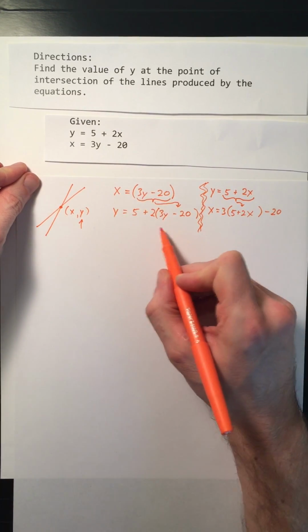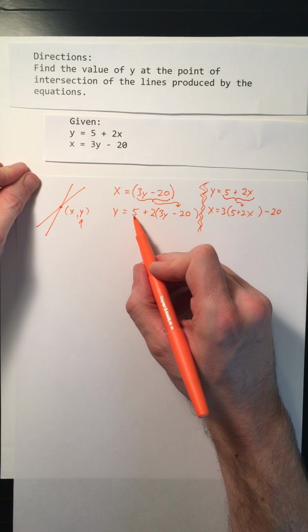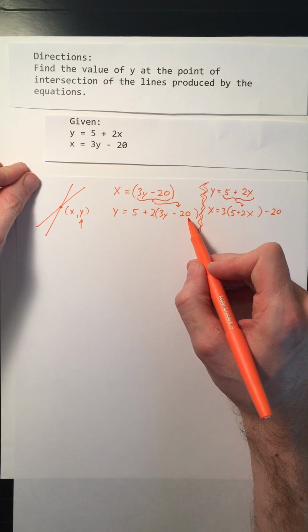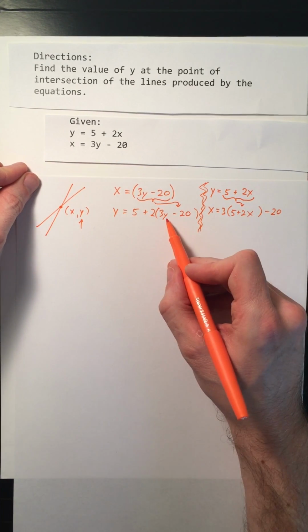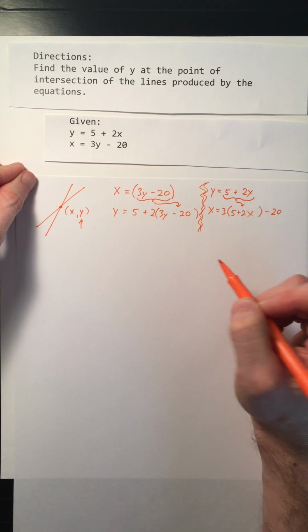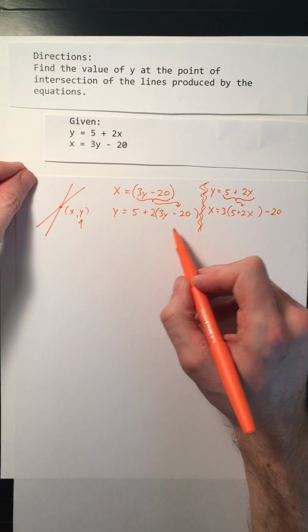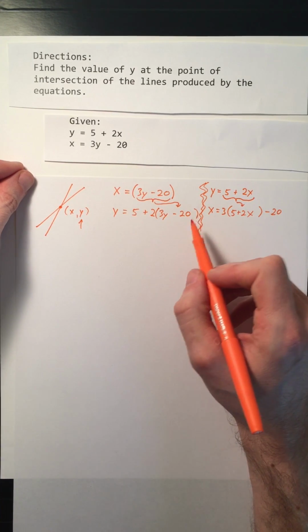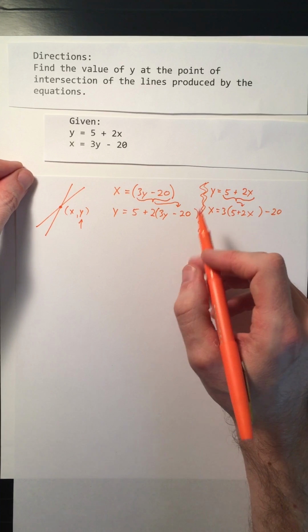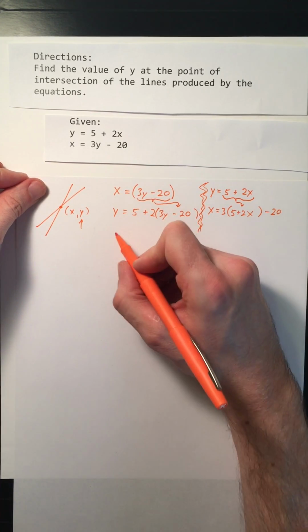Okay, so there are a lot of numbers and variables all over the place in this equation. There's a 5 here and a 20 here, and there's a y over here, and there's some y's over here. We want to simplify to get the y's all in one expression and all the numbers in one expression. Okay, so what we're going to do is